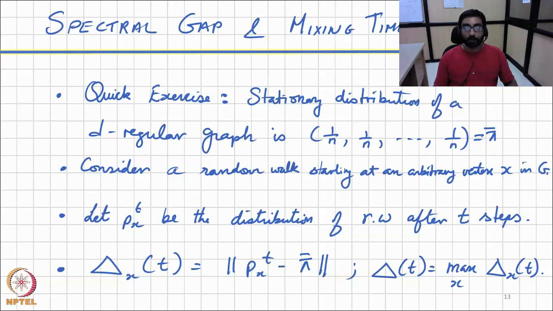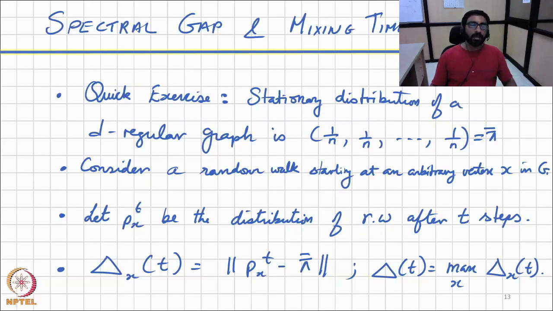Essentially the uniform distribution. Okay. Now, having convinced yourself, and you may want to pause and convince yourself of this. Having convinced yourself of that, now consider a random walk starting at some arbitrary vertex x in G. We define px of t to be the distribution of the random walk after it has walked for t